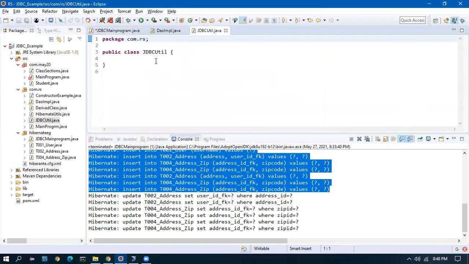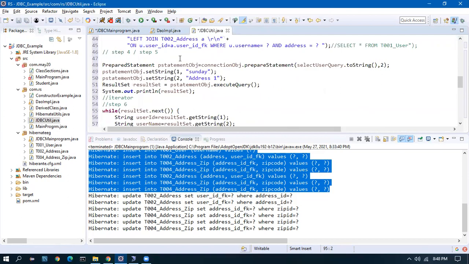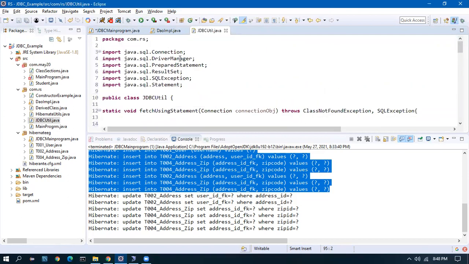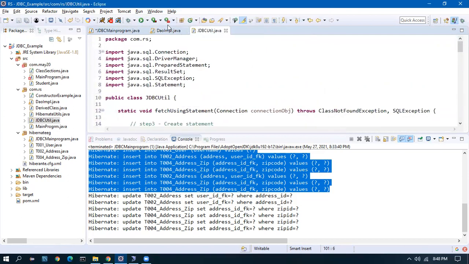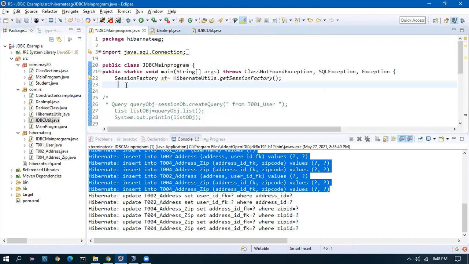So I'll move very basic. You should have come across lots of errors. You should be seeing lots of errors. Only then you'll learn.